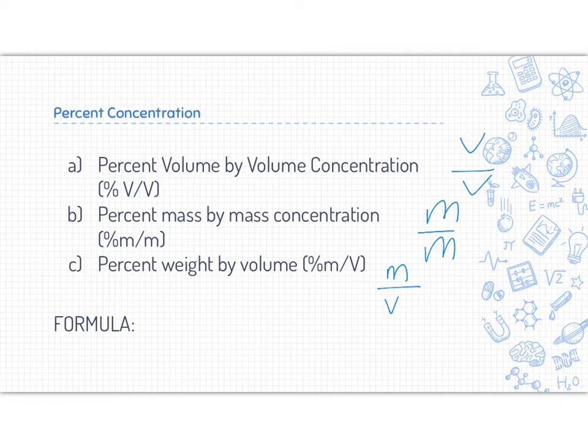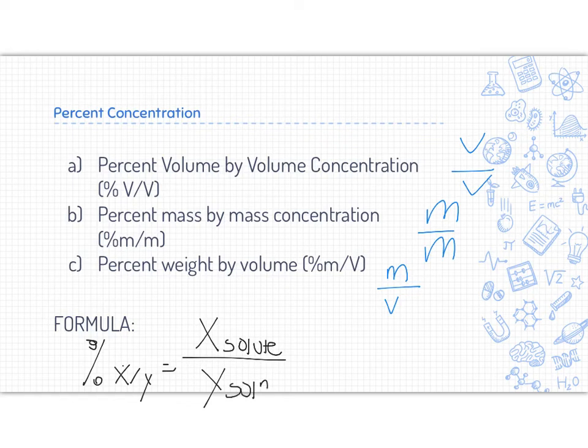So the formula I've simplified to look like the percent X over Y is equal to, like it says, X over Y, where in concentration, we're always looking at the amount of solute over the amount of solution,